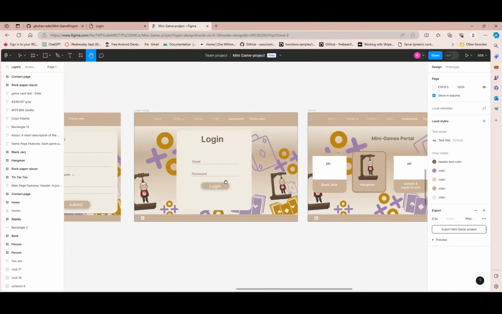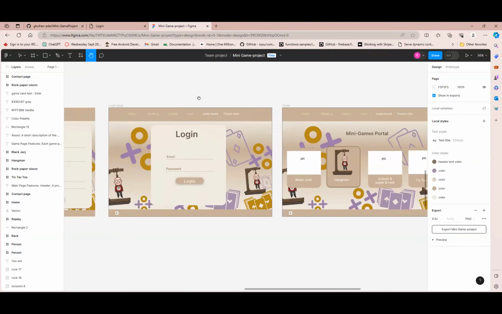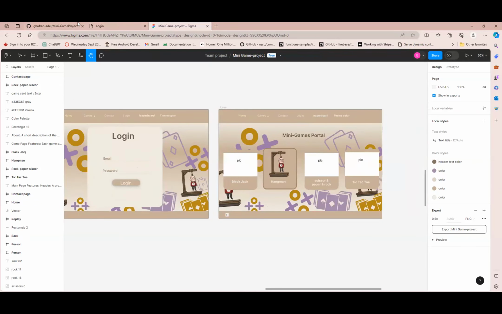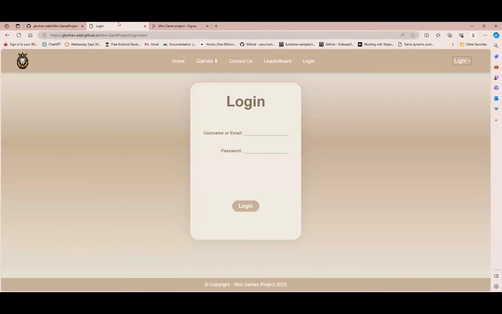I designed the login to be user-friendly for the users, and also the background. Now I'm going to show you the live one for the login. It's not functional right now, but we will do it later. I designed the background too, and the colors.